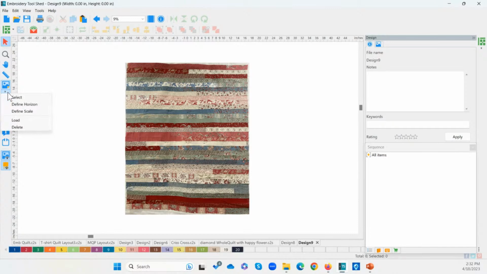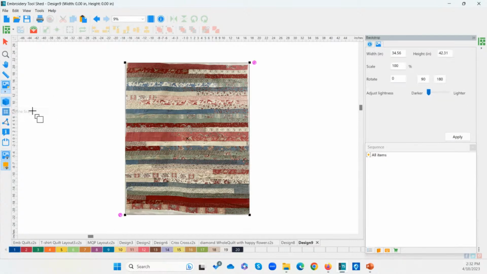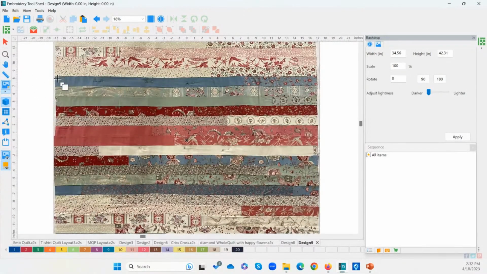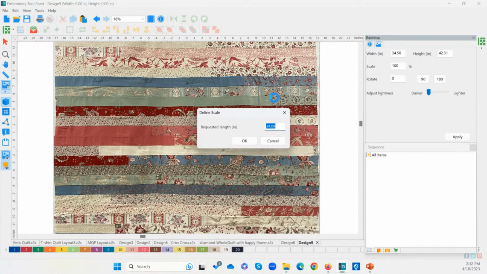And this quilt, you want to make sure any quilt that you bring in, you define the scale. So remember, click define scale, and then you're going to click at one position. I'm going to zoom in a little bit here so we can see. I want it to be at the edge of my quilt, not all the way to the batting, because I'm really just designing on the quilt. So I click from edge to edge, and then when I release that, it thinks this is only 34 inches.